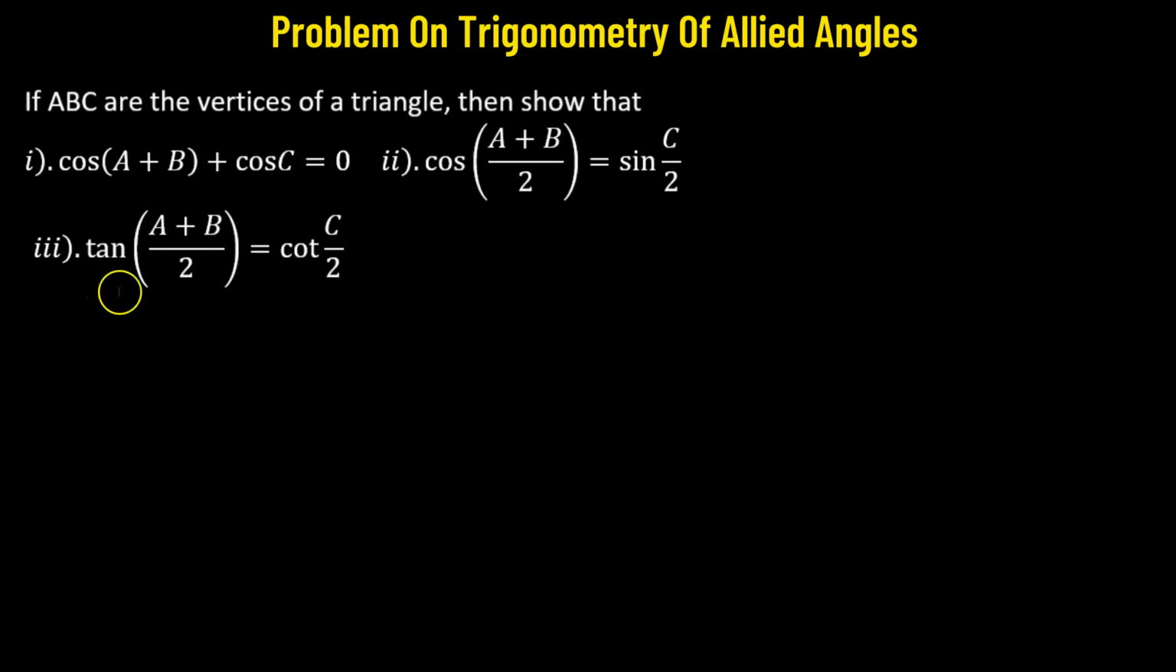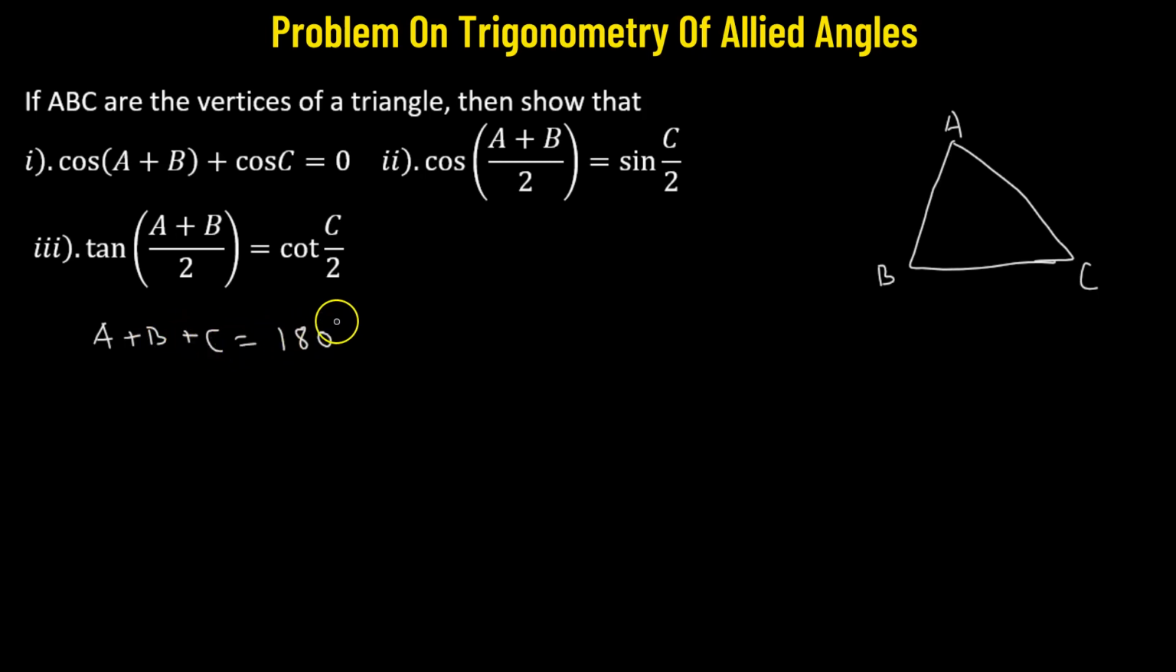So here in this problem, we're given that ABC represents the three vertices of a triangle. We need to show that each of the three cases are true. So let's begin. Now we know that if we have a triangle, any triangle, with the vertices represented by A, B, and C, then the sum of the angles, that means A plus B plus C, that always adds up